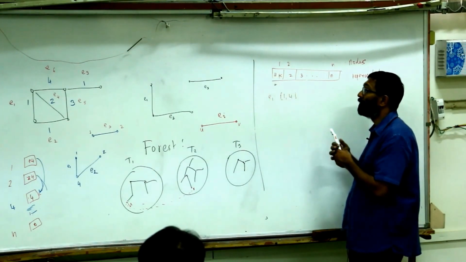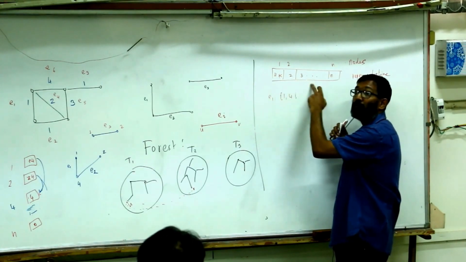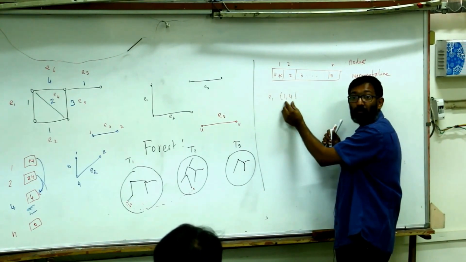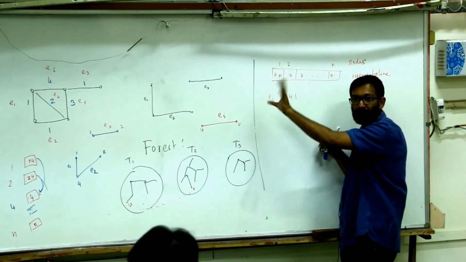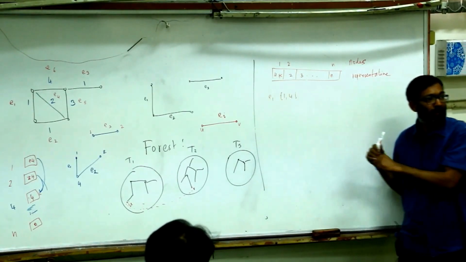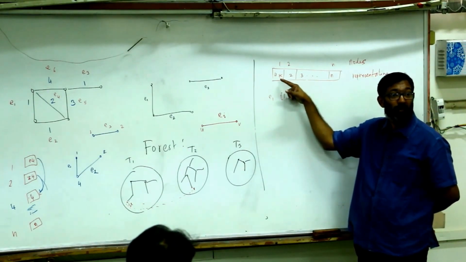and therefore we know that 1 and 4 belong to the same set. Right? We know that 1 and 4 belong to the same set, and the set is called 4. Just 4 is the representative, or the set is called 4. Right? So if I want to know what set does 1 belong to, it belongs to the set to which